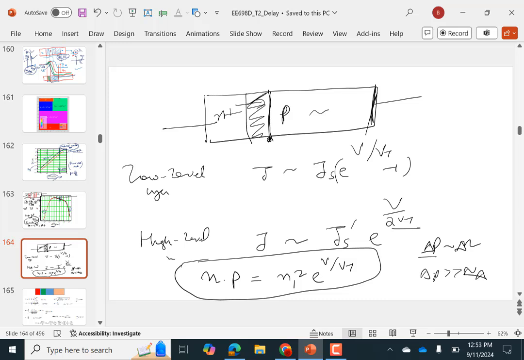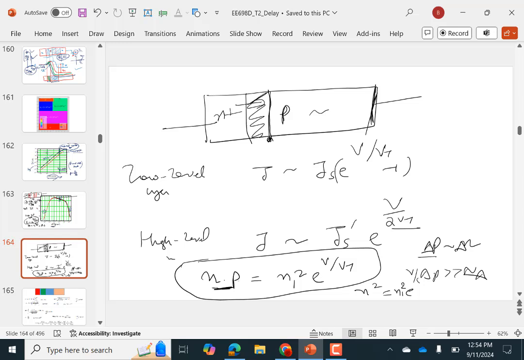So then P and N are practically the same. If P and N are practically the same, each one of them is equal to Ni square over e to the power V by 2 Vt. Right? If N and P are exactly the same, then you will get N square or P square equal to Ni square e to the power V by Vt, and you'll get N is e to the power V by 2 Vt. So what happens is, in low level injection, the injected carrier density is increasing as e to the power